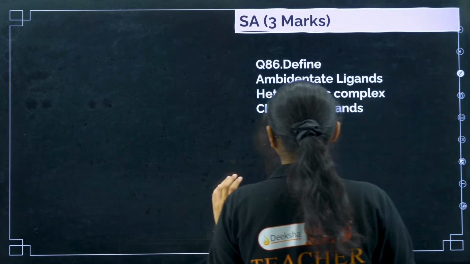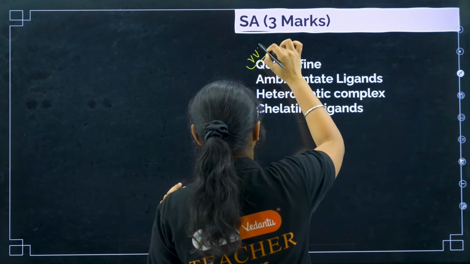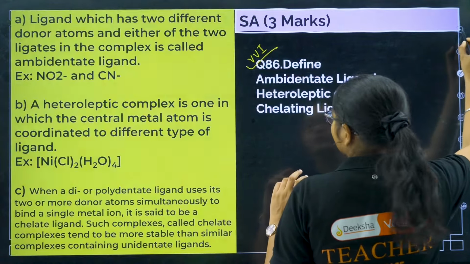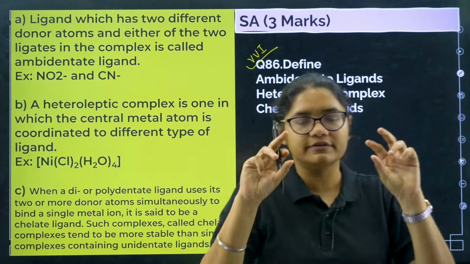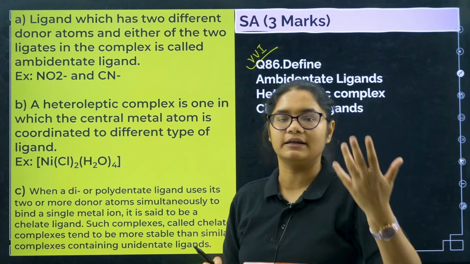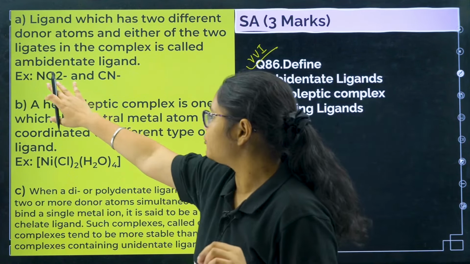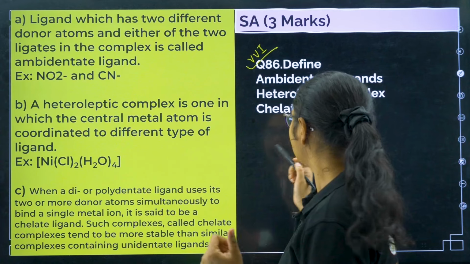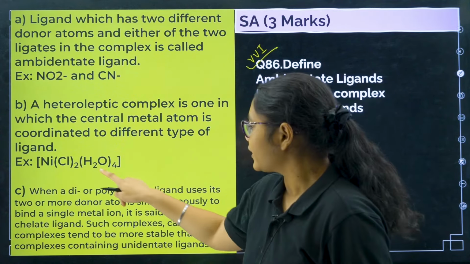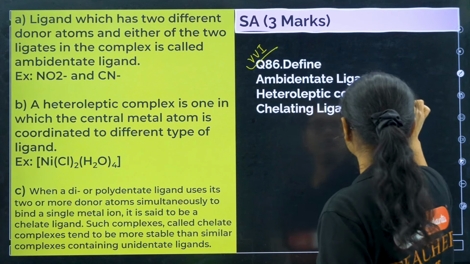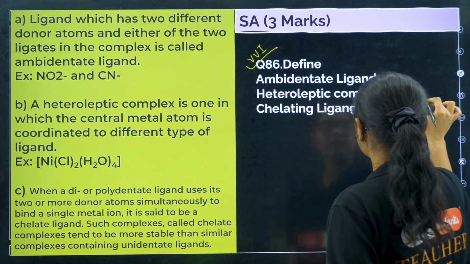Next, define ambidentate ligands. These are also very important questions. Ambidentate ligands are those ligands which have two donor sites but only one will react at one particular time. Examples are NO2 minus and CN minus. Then heteroleptic complexes are those which have different types of ligands. So here you should also prepare for homoleptic